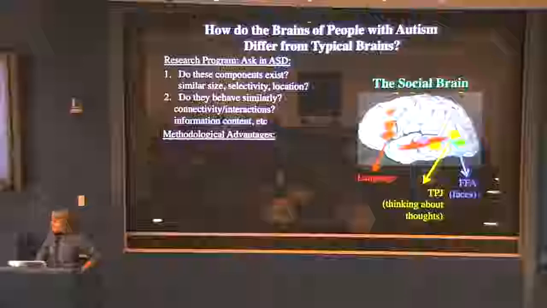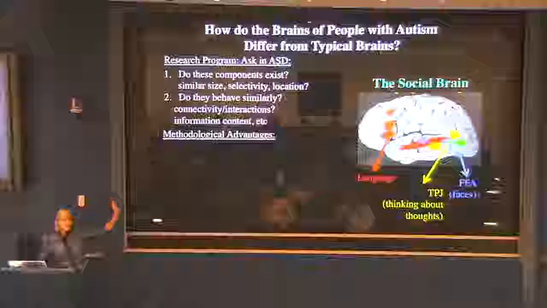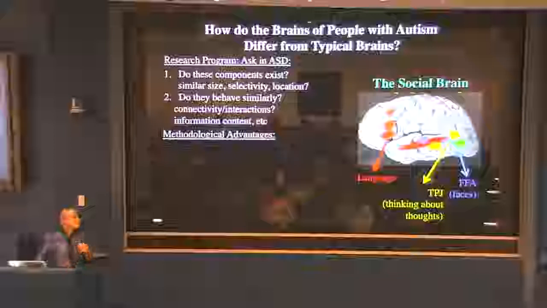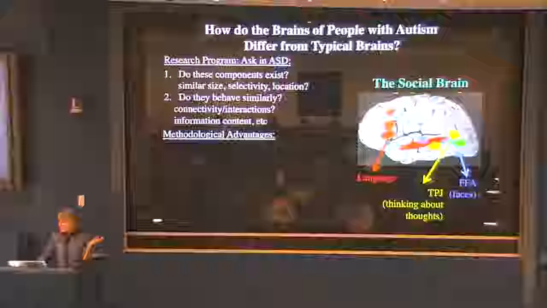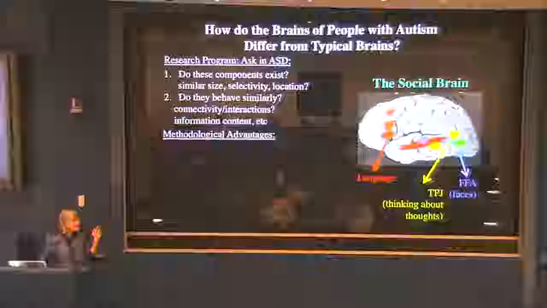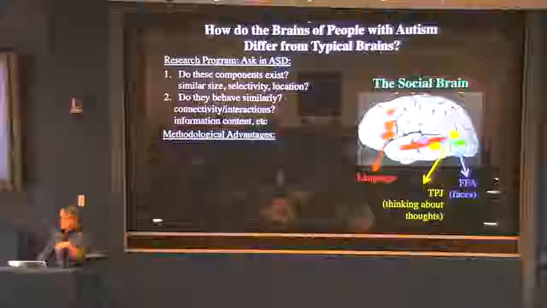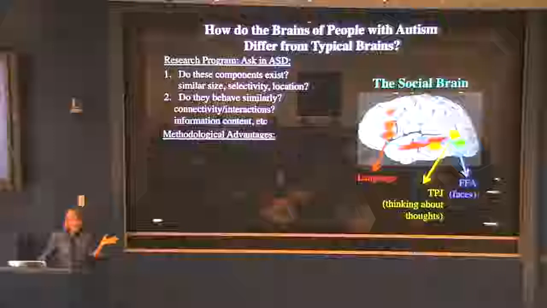Right, a little more meta stuff first. The reason that it seems to me a good idea to start with these things rather than other approaches, where you might, for example, think up some mental process that seems particularly implicated in autism, devise a new innovative task that you think taps directly into that mental process, scan a bunch of typical subjects and a bunch of people with autism, and look for a difference in the activations.